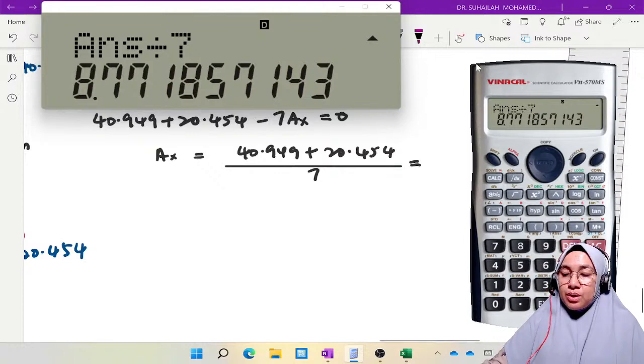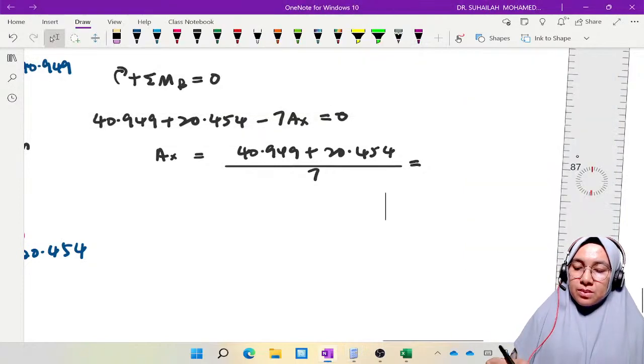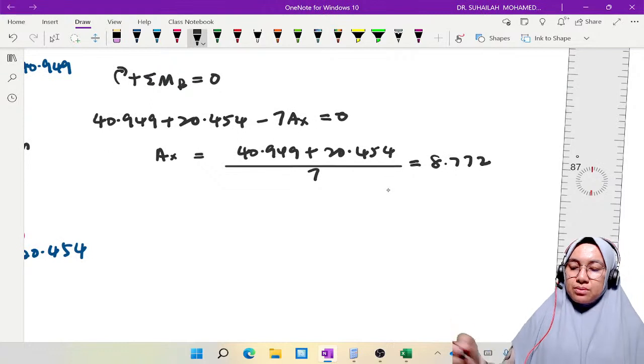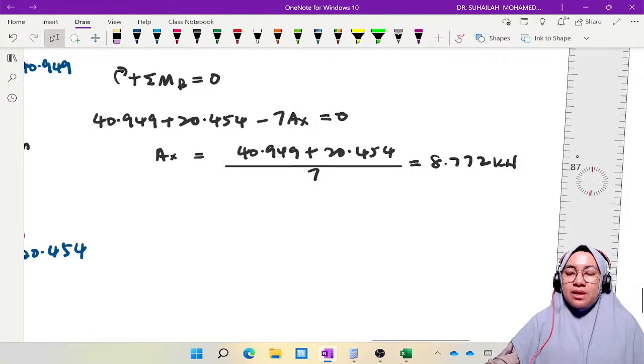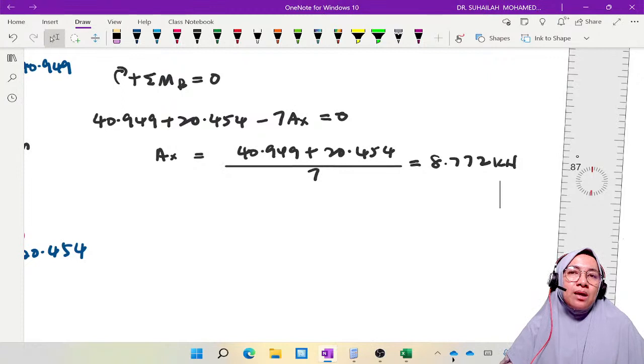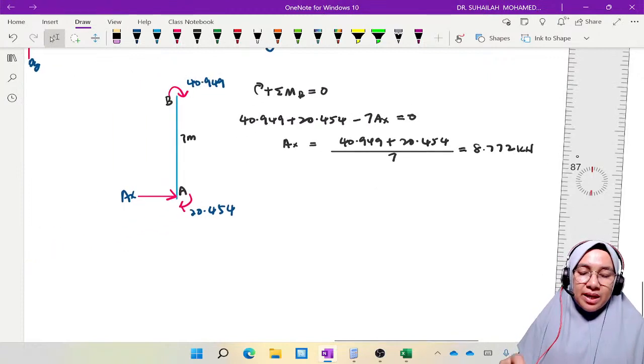8.772. So it is 8.772 kilo Newton. Okay, this is how we analyze AX. So we will do the same for DX. Okay, for DX we have